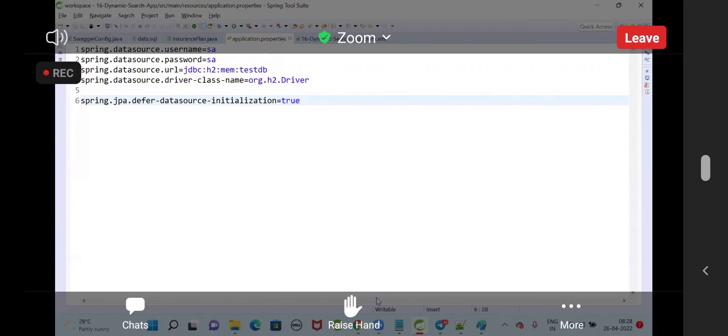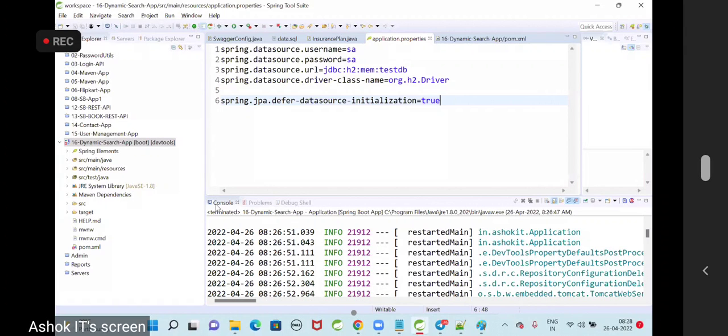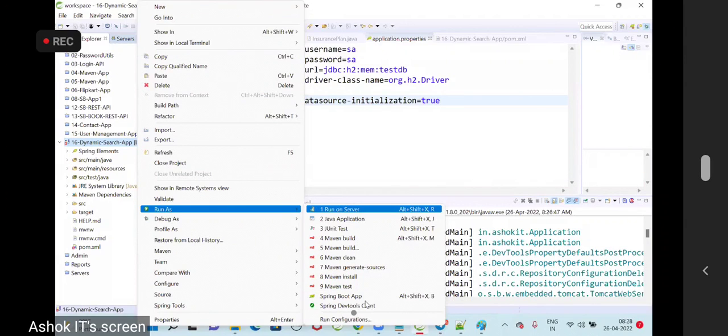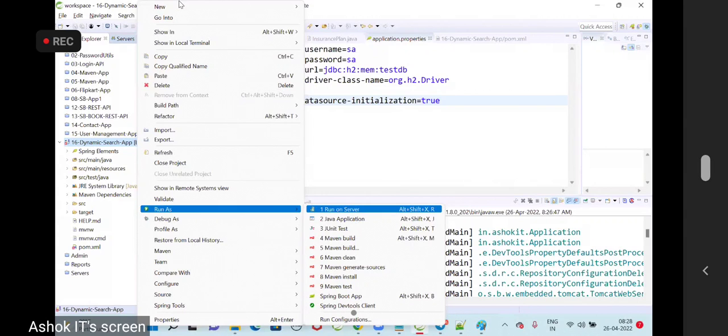Now you check it. Application started successfully. Swagger documentation also created. Go and check the H2 console. localhost:8080/h2-console. Connect to the database and check the table, run it.